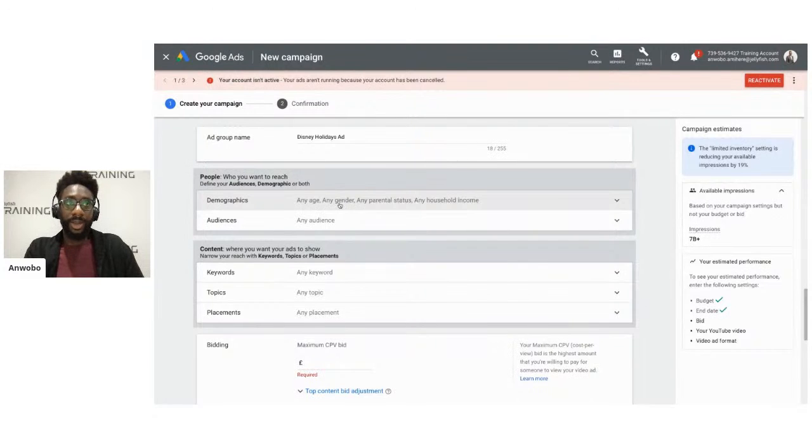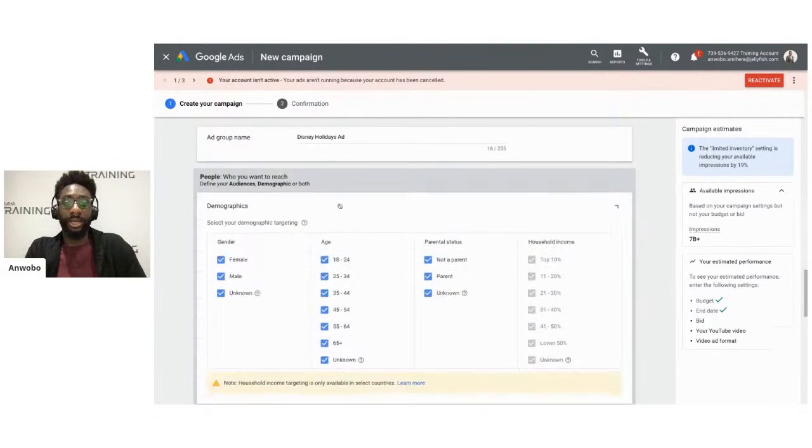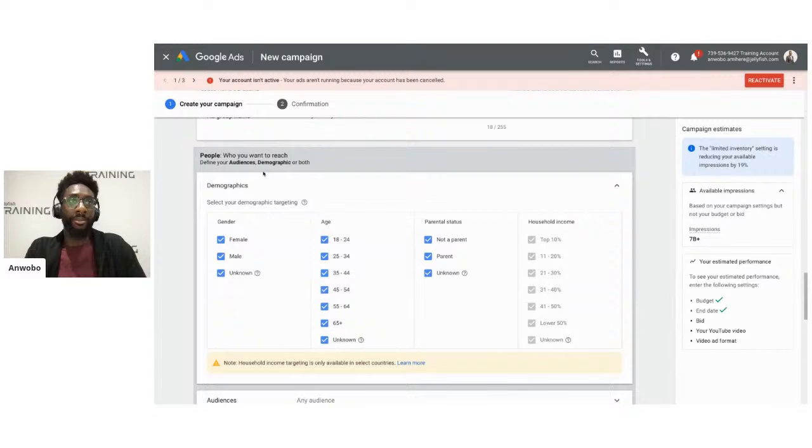So this is where I can start selecting how I'd like to target these users. Here I have my audiences, and you can see audience demographics first and foremost. My demographics I get to define by their genders, their age, their parental status, and I cannot do the household income because I'm only targeting the United Kingdom and Spain, of which household income is not a targeting feature I can target here.